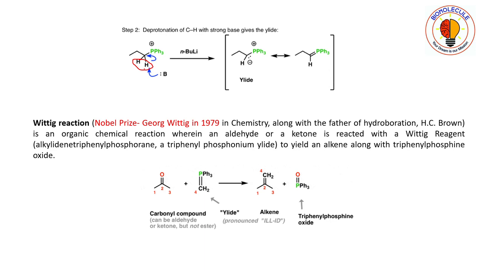So why is it so? Why are these hydrogen atoms acidic? It is simply because the phosphorus here bears a positive charge. Although we know that the electronegativity of phosphorus is less as compared to carbon, that is for a neutral phosphorus atom. Here the phosphorus atom is bearing a positive charge, so its electronegativity is increased. So that is why it withdraws electrons from the carbon atom, thus leading these protons